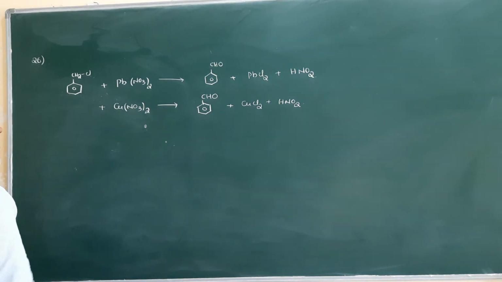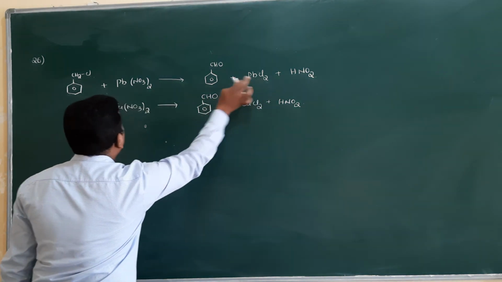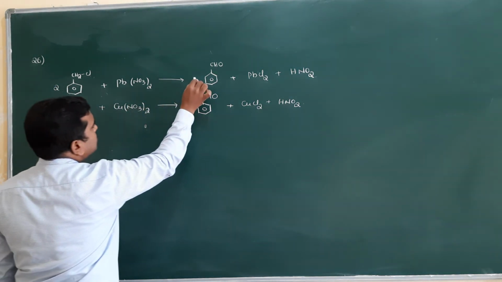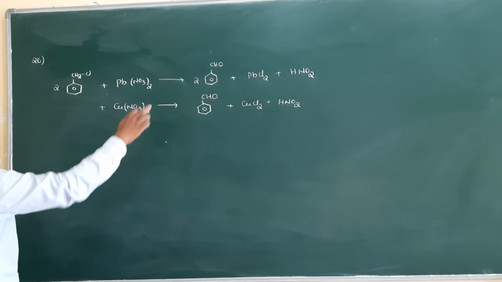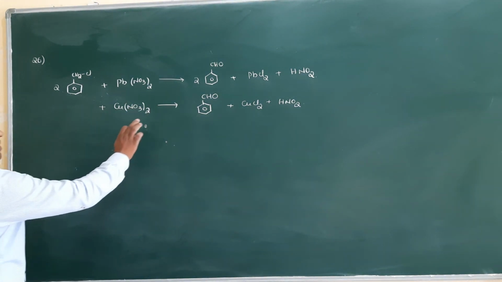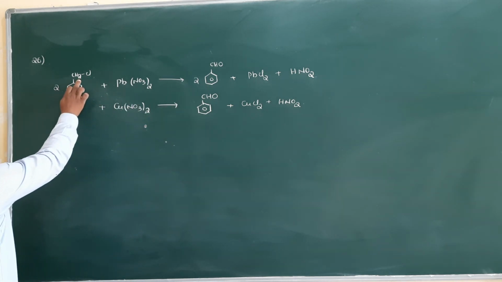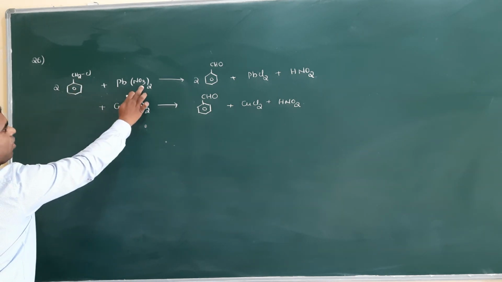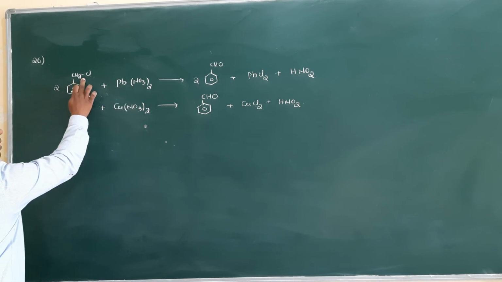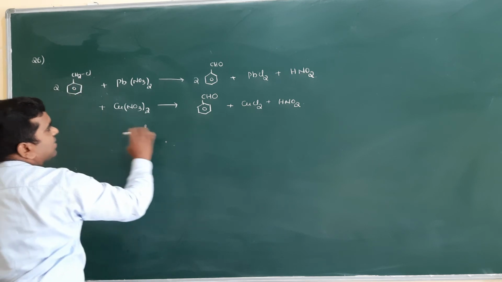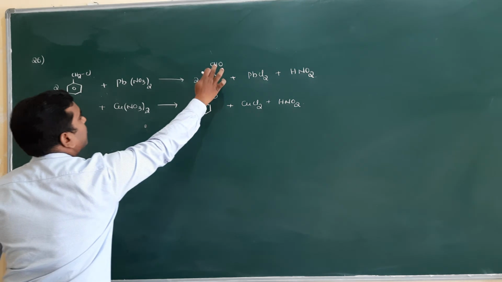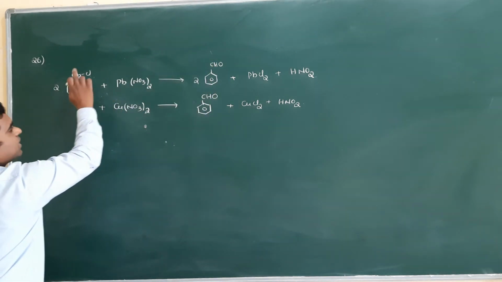Now here you can balance. You know that here 2 chlorines are there, here 1 is there, so I have to take 2 moles here. When I take this as 2 moles, the benzene ring also has 2, so I have to take this one 2. Now in this case, 1 oxygen is shifted from here to here, so 2 moles means 2 oxygens will be shifted. And here 4 hydrogens are there and 4 hydrogens are there, because 1 hydrogen stays with the carbon only, another hydrogen is removed.